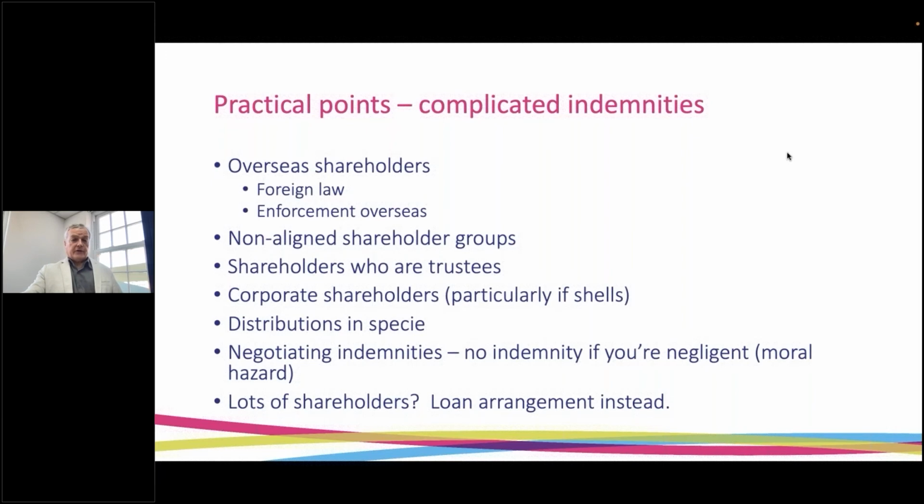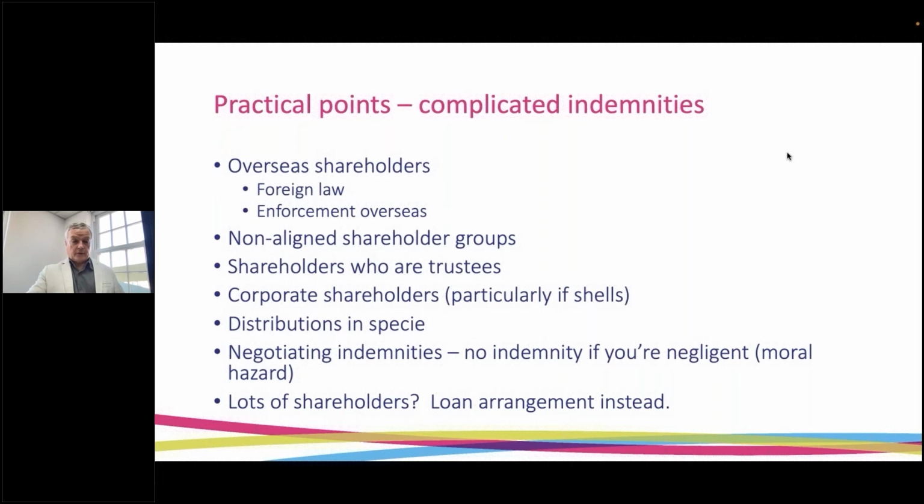Second one I'll be looking at is non-aligned shareholder groups. And I suppose what I mean here is that an awful lot of the MVLs that I see are basically single member consultancy companies. They may have husband and wife as members, but they've basically got very, very few shareholders. What I mean by non-aligned shareholder groups is where you've perhaps got different business partners who have come together in the company, and they don't have exactly the same interests as each other in the way that a husband and wife as shareholders of a company would have.